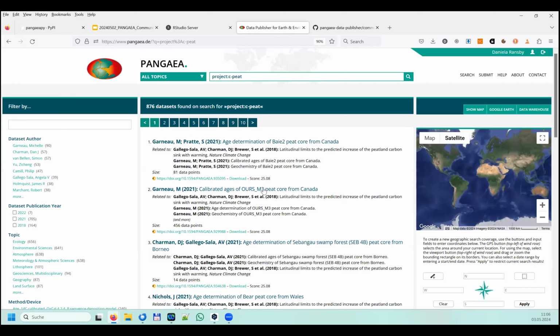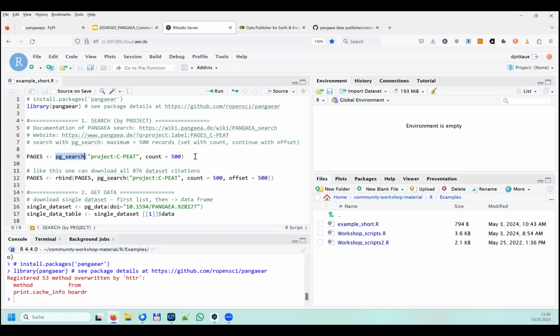And here we are getting 876 hits. And basically the same search can also be reproduced with this line of code. So we are writing the search query in quotation marks. And we can use an additional